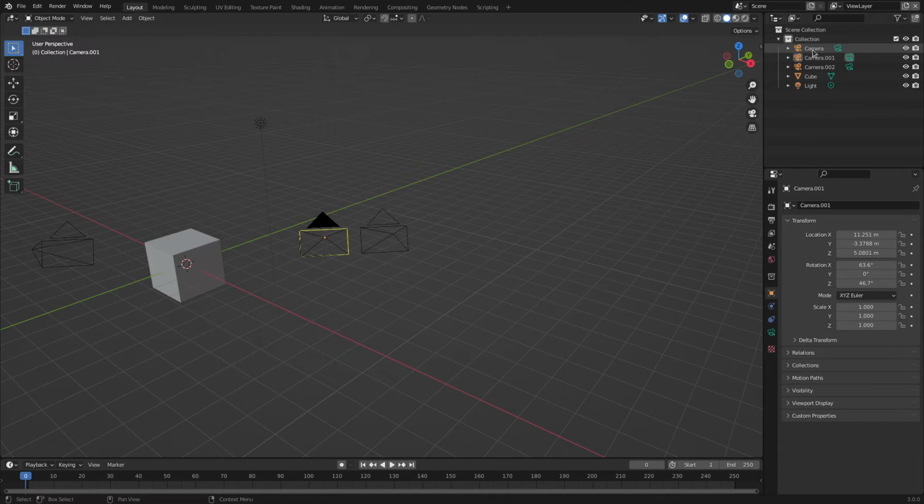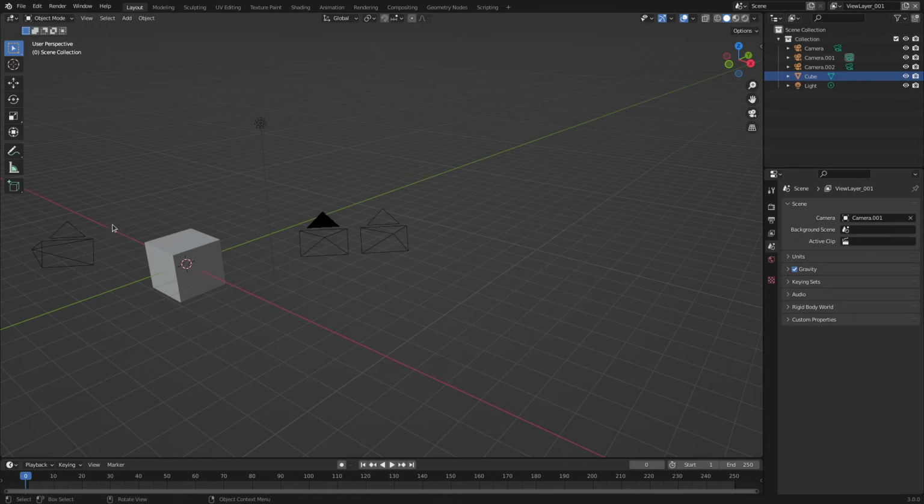Now, for instance, say this is the original view layer, okay? This is the active camera, and let's say we don't want this cube in this layer. If I go to the other one, even though the cube is still there, it's just hidden, right? And if I jump down to the new layer I just created, you'll see the cube is still there. Now, this is kind of how view layers are used. You can create different views for the same scene. It's very useful if you want to have one view specifically dedicated to the background,